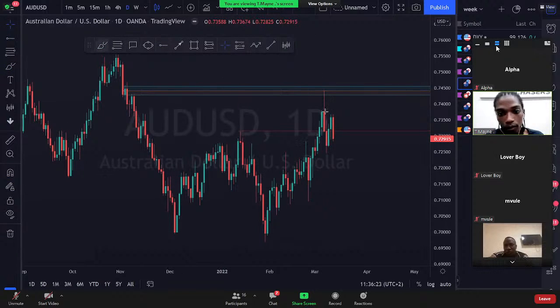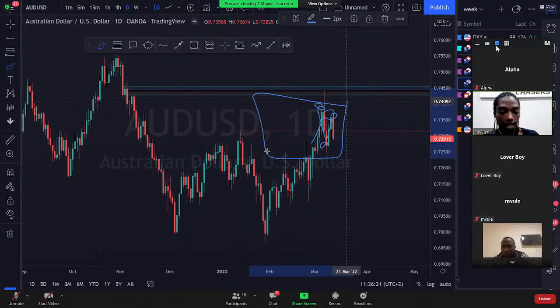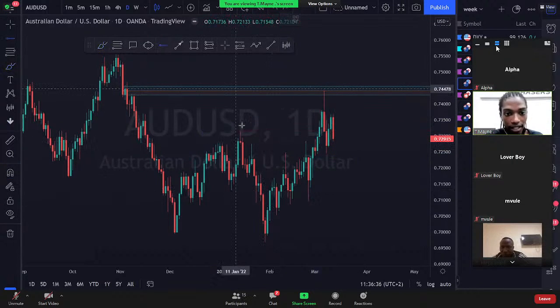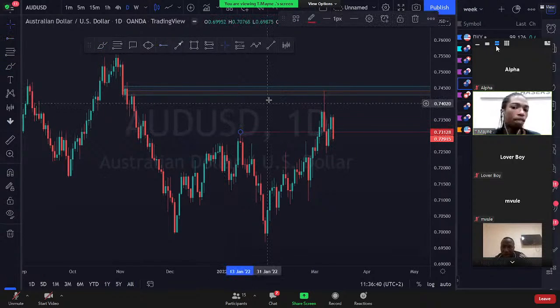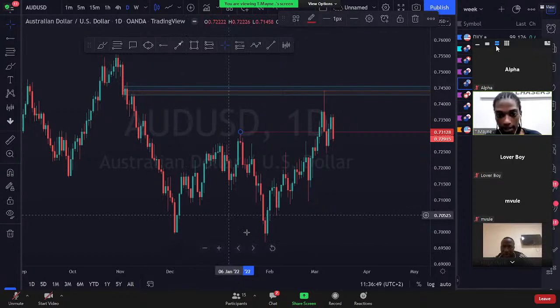Price violated it, we broke and closed above, broke and closed back below, broke and closed back above. So obviously there's a corrective nature around this resistance area, showing us that price is creating some sort of corrective structure. We understand that there are only two types of corrective structures: it's either going to be a continuation to the upside, or a reversal. But looking at which direction the most recent momentum was coming in,